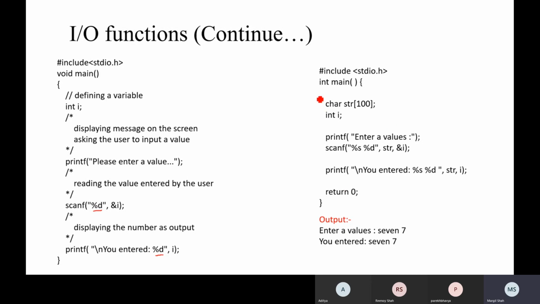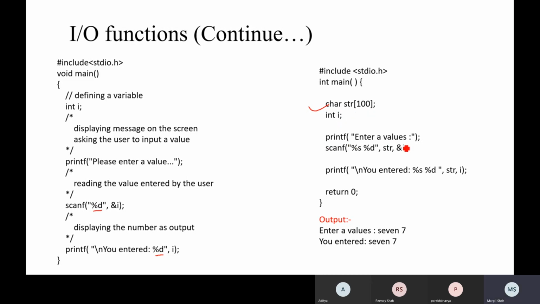Now another code, character str[100], is used to define a string. Whenever we would like to work with a string, we need to create an array of characters. Now what is an array? It's still pending, so don't worry about it, but you just need to understand that we should have a variable with a certain size. So that is an array right now.